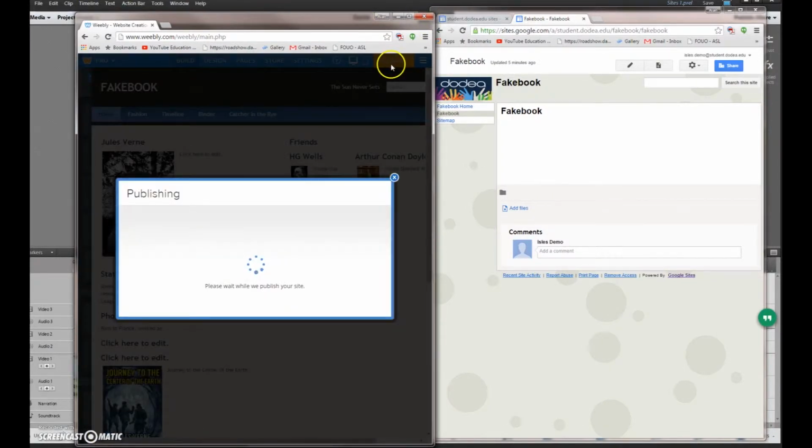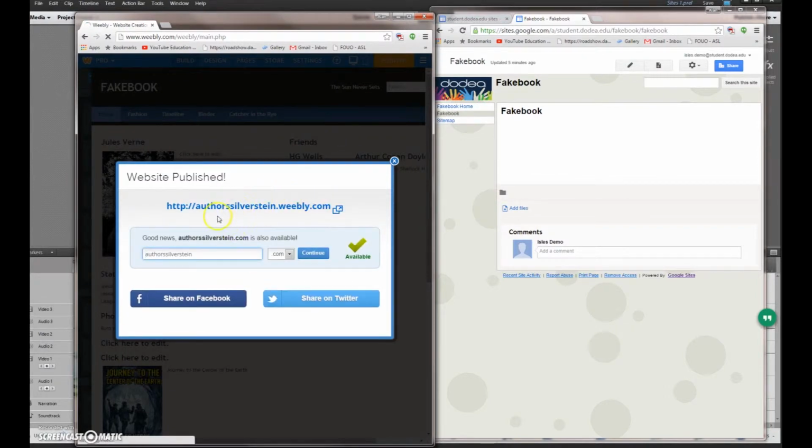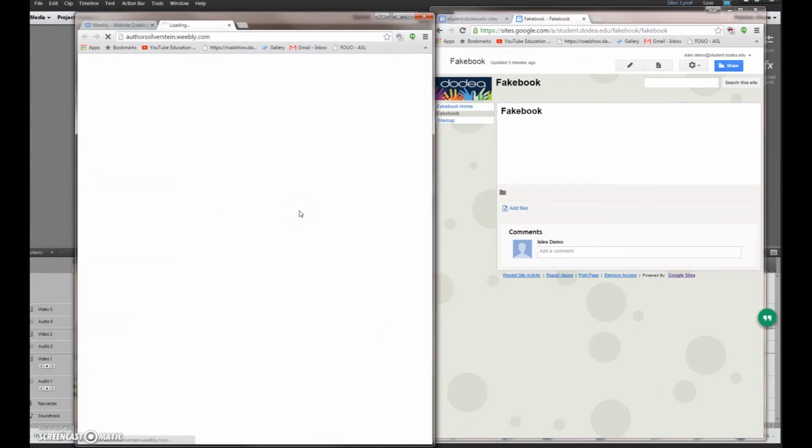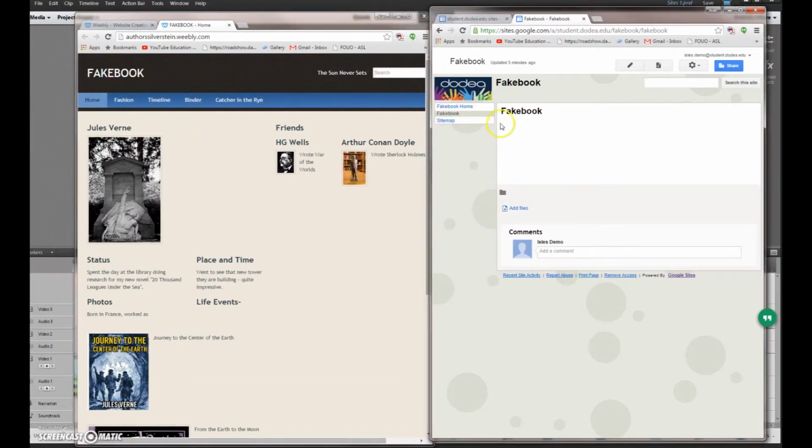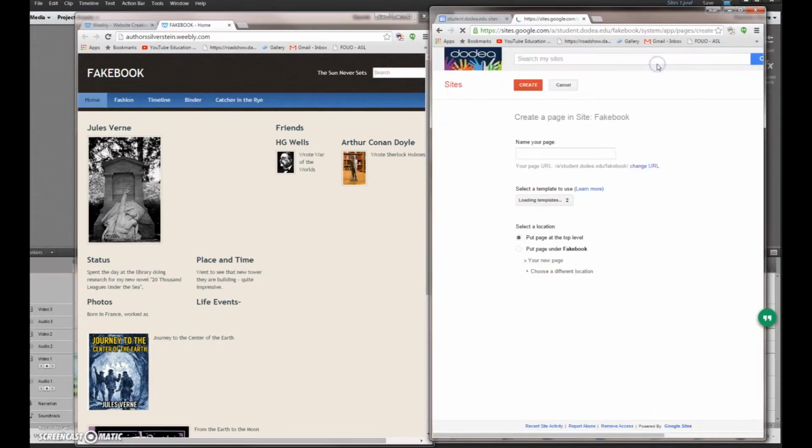So I publish again and go over here. And before I do that, I'm going to copy and paste this, but I want to go over here. I have that page that I didn't like and I was going to get rid of it. So what you need to do is create a new page. I'm going to call this, just so we know what it is, new